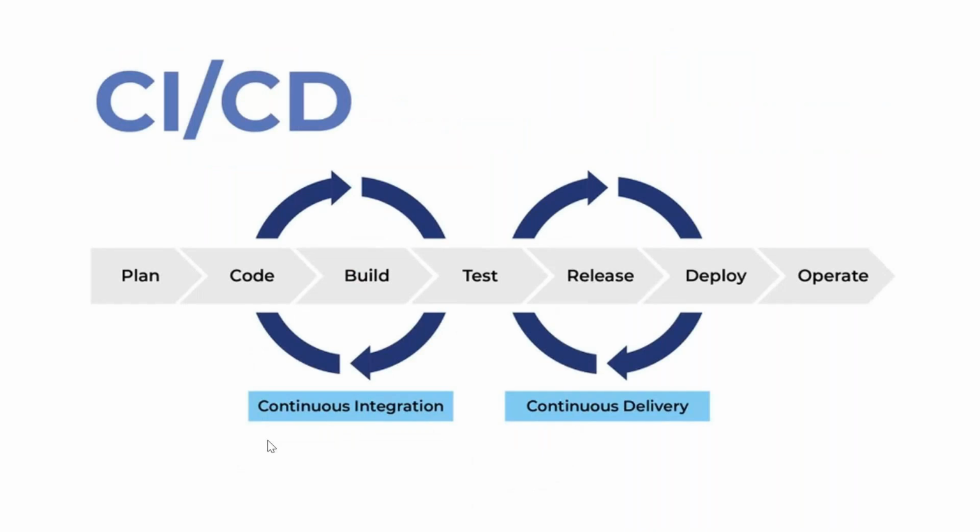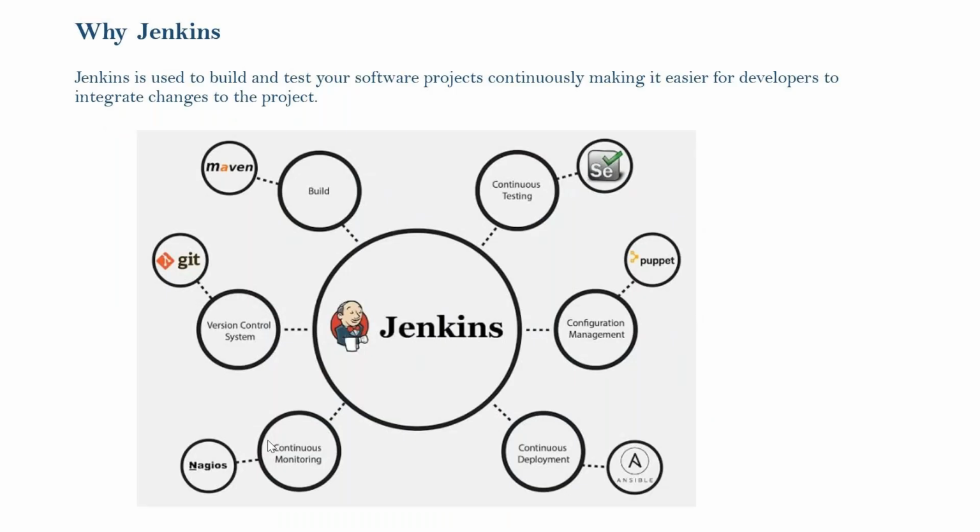So CI/CD, you see here: plan, code, build, test. This is called continuous integration, and release, deploy comes under continuous delivery. Why Jenkins? Jenkins is used to build and test your software project continuously, making it easier for developers to integrate